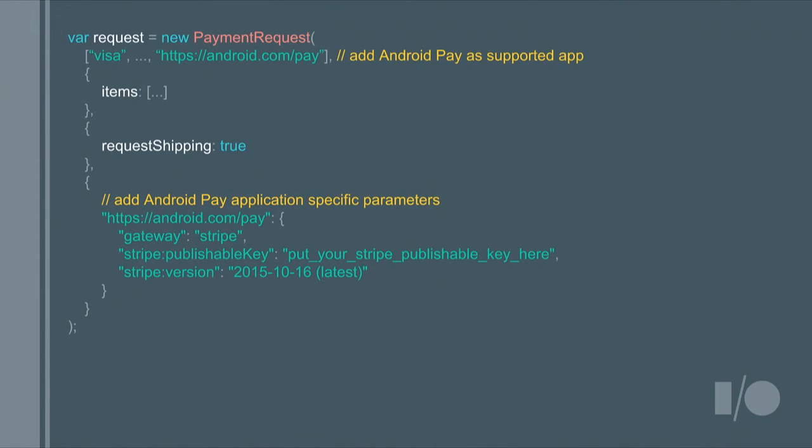So while we're showcasing Android Pay here, it is important to remember that the changes to your payment request constructor to support a new payment application are going to be essentially the same. You're going to add another payment app identifier, and if the app requires some extra information, you add it in the last optional parameter. Great. So let's leave this code up, and we're actually going to go back to our Polymer demo site one last time and show you, with this easy integration, how we can